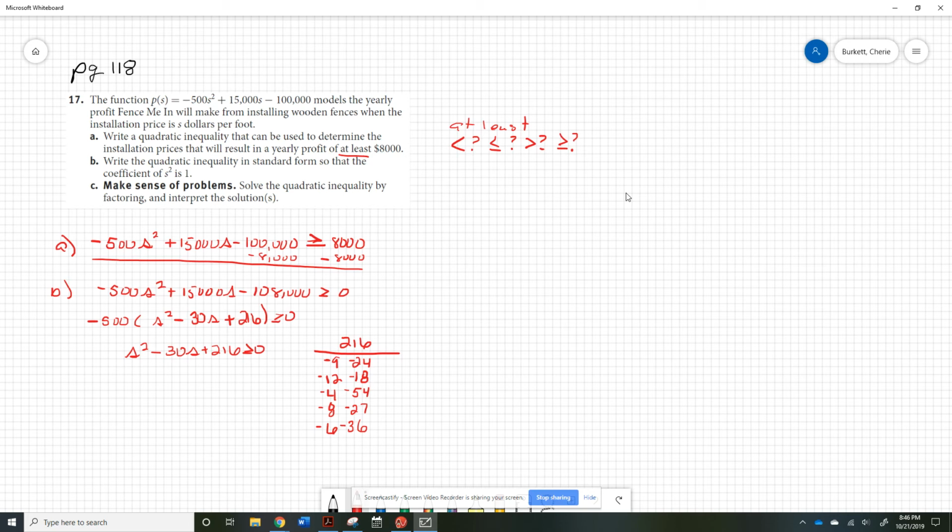Oh, right there. There's the 30. Good grief. Negative 12 and negative 18 make negative 30. Good grief. I had it and I wasn't paying attention. So, okay, you should be able to finish it now. Now, remember, that means that S, and then the other one over here is S. And then once you get finished, you have to set both equal to S and solve to find the solution. Remember, that's a number line. And you got to put those two numbers on the number